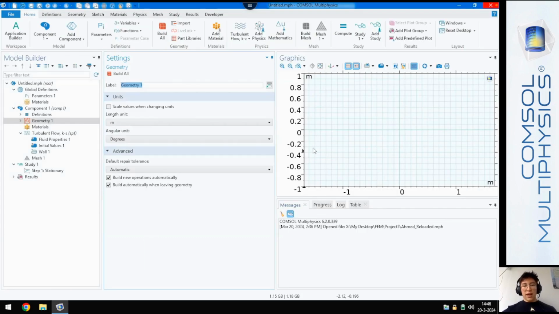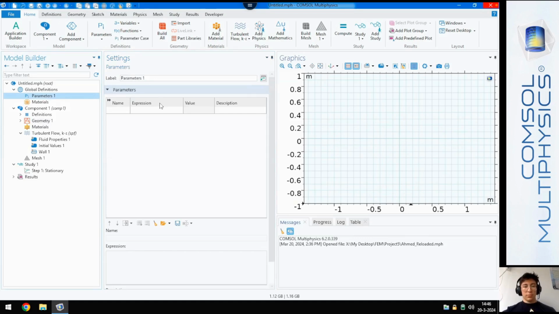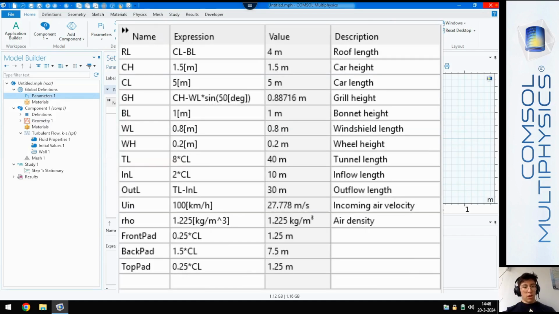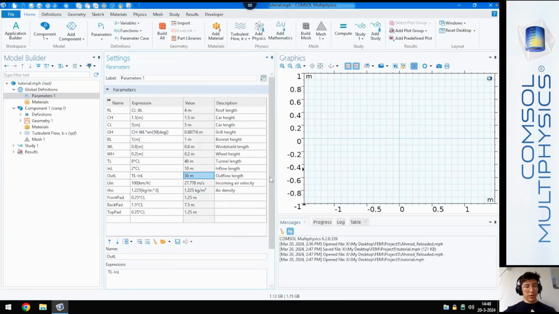Okay, so now that we're in, we're going to start off by building the geometry for the vehicle. In order to do that, we're going to have to first set up some parameters. So I'll put them up on the screen, copy them, and we'll meet back here. Okay, so now that you've copied all of these parameters right here, we are ready to start defining the geometry